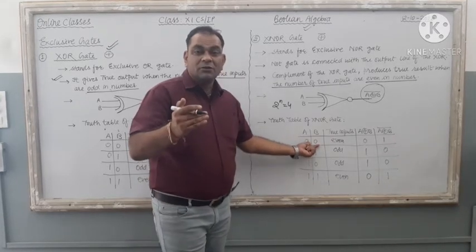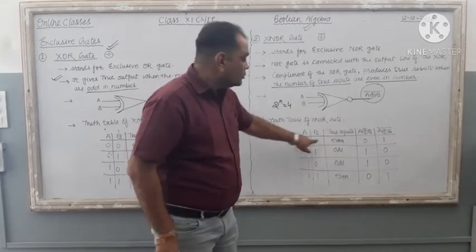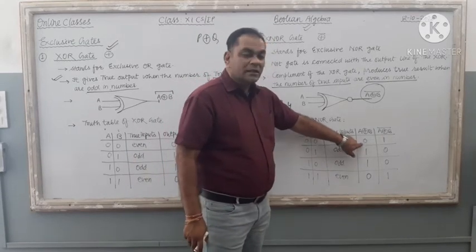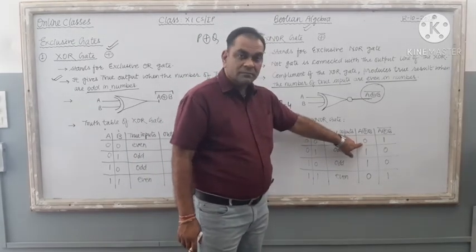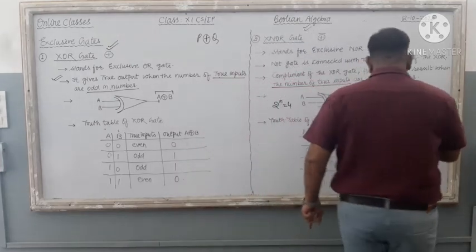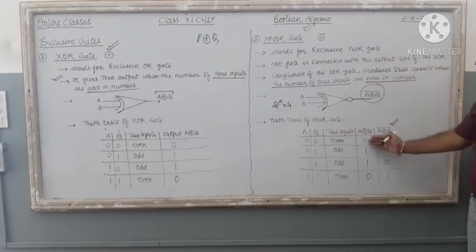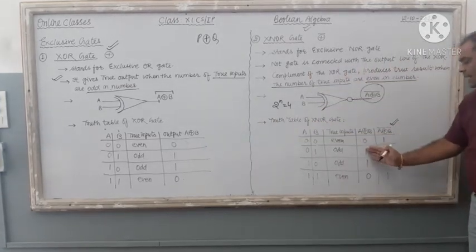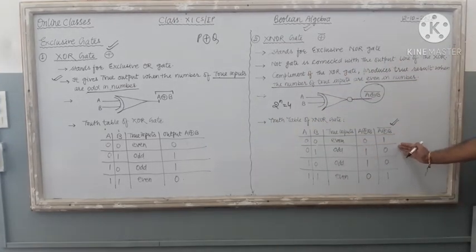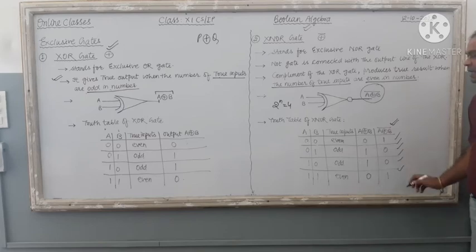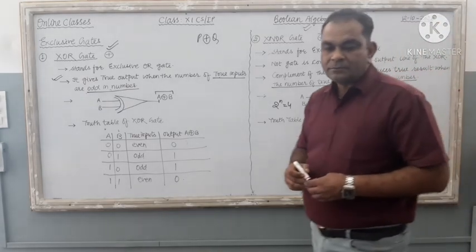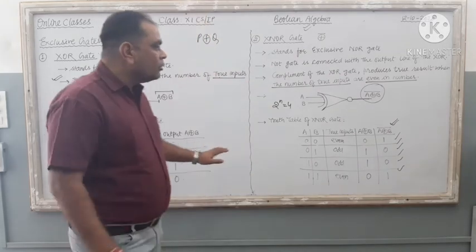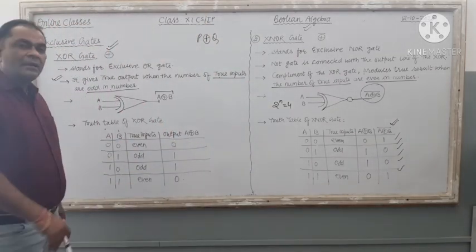0 0. The presence of 1 is 0. 0 means even. So I put even. The result of this one, A plus circle B, is 0. Right? Then the result of the XNOR gate is just the inverse of this one. So very first, it is the same truth table as that, then you apply the NOT gate to this equation. Right? According to this, here is the final result, the final output of the XNOR gate. Right? So I hope the topic is clear in your mind. Thank you very much.